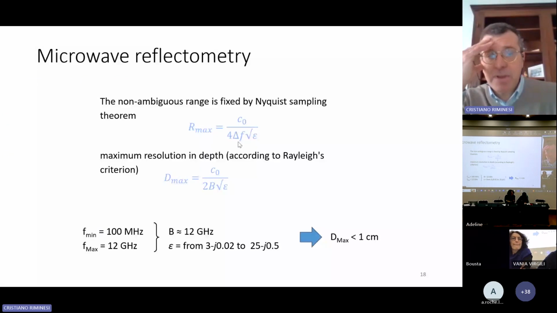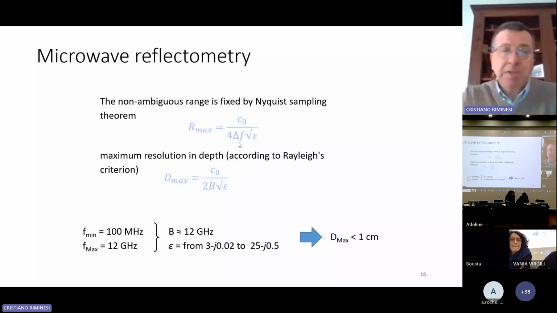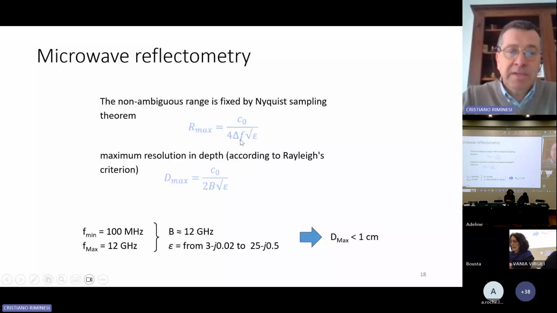We have a limit due to physics, and the maximum range for detecting the discontinuity is given by this relation,